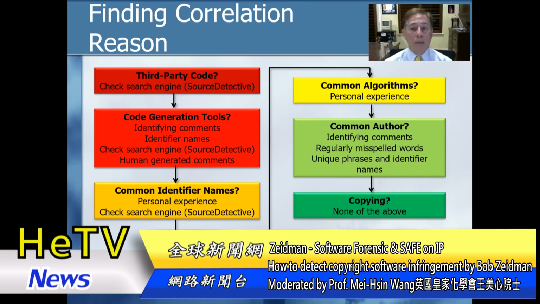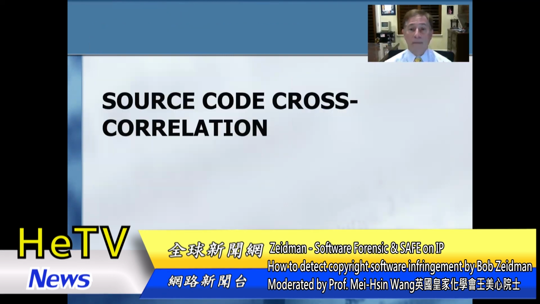You can filter out common algorithms, then filter out common author. Common author is often shown by regularly misspelled words, for example, or unique phrases and identifier names that this particular programmer prefers. And then finally, after you've filtered out everything, if any correlations remain, that would be due to copying.